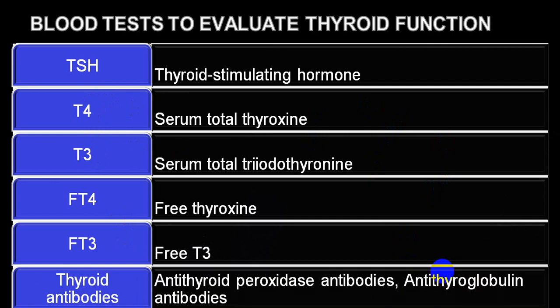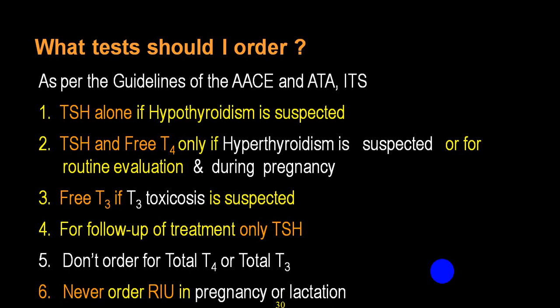and this will be very helpful to rule out any changes in T3, T4 due to hypoproteinemia or hyperglobulinemia. And thyroid antibodies are very helpful to differentiate the autoimmune group of disorders. TSH alone is enough to find out hypothyroidism. But whether it is primary or secondary, you need T3, T4 level, and particularly free T3, T4 level.